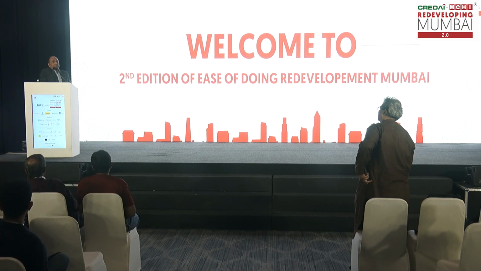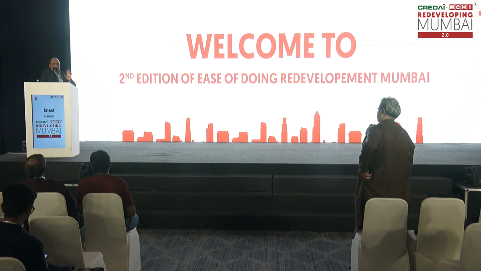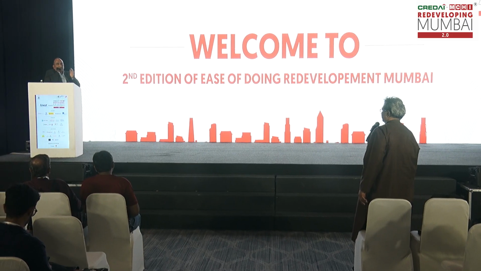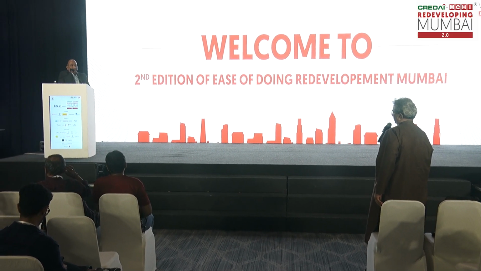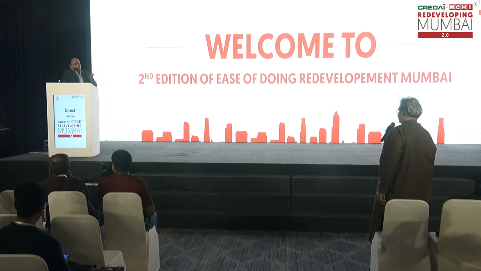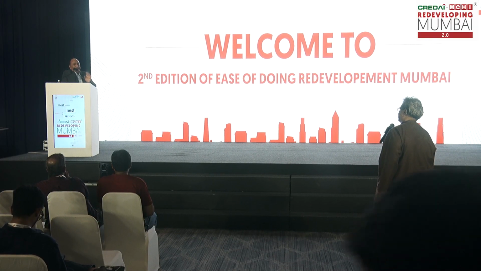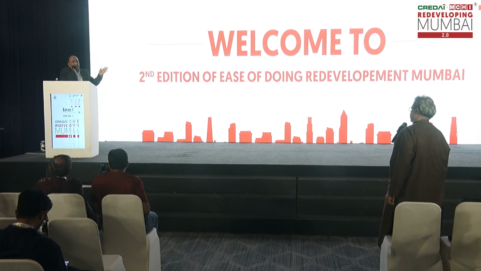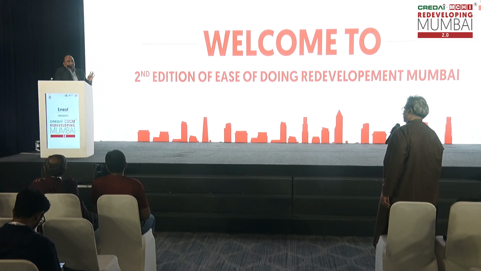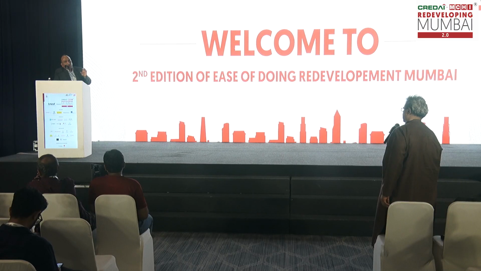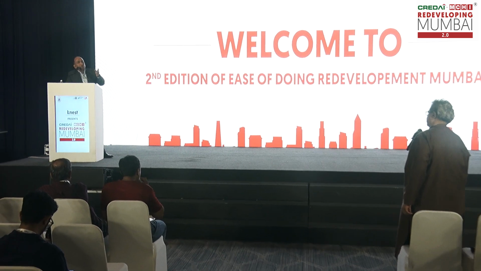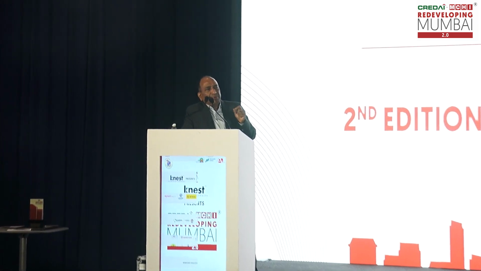No, I understood the question. It involves somewhat complicated technical calculations. Suppose there is a plot of 2000 square meters and a setback of 200 square meters. Your plot area will be 1800 square meters. If you go for redevelopment under the regular regulation 30, the potential will be on 1800 square meters. Suppose you have a potential of 2.5; then 2.5 FSI is permissible on the plot area of 1800 square meters.